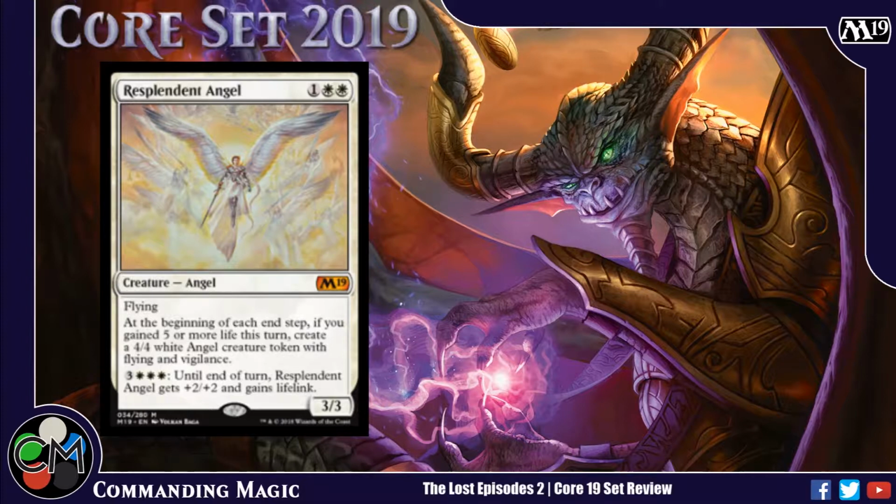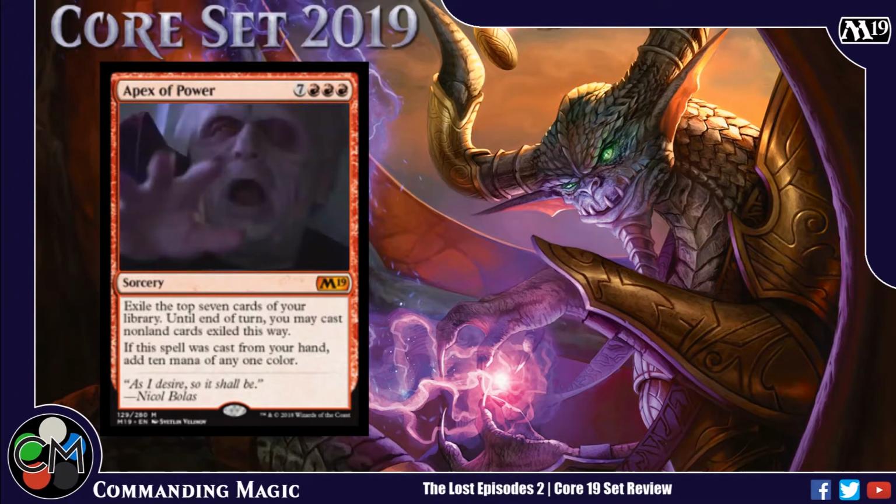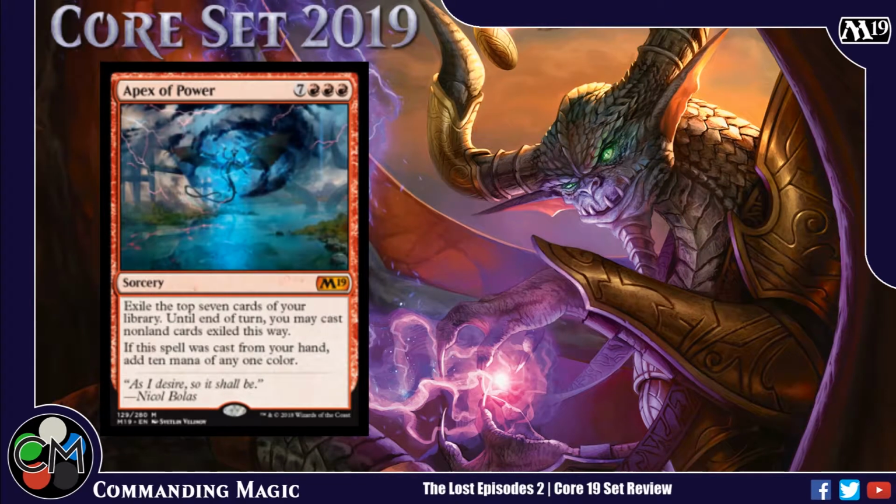So we had reprints of Omniscience and Scapeshift, and a card that is going to make a debut in the Bolas deck eventually is Apex of Power. How about Apex of Power, man? Apex of Power is a 10 mana sorcery. It's a lot of mana. Exile the top 7 cards of your library. Until end of turn, you may cast non-land cards exiled this way. If the spell was cast from your hand, add 10 mana of any one color